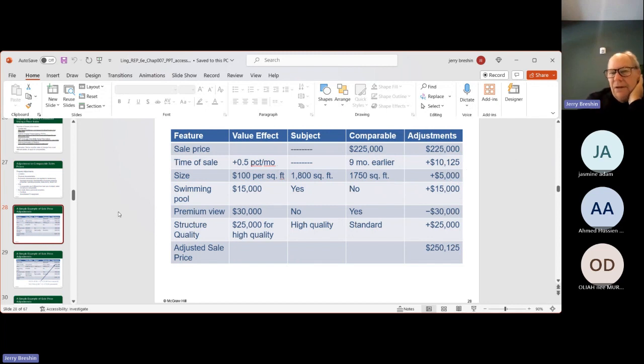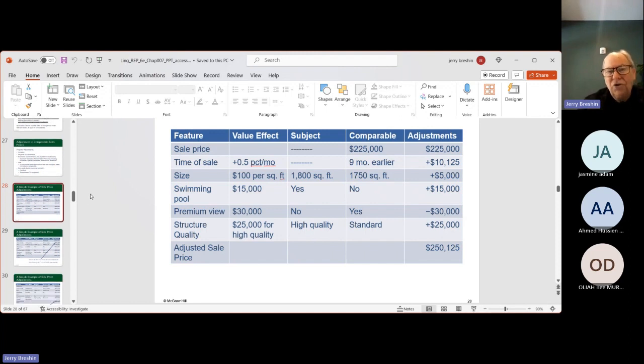Okay, this once again is attempting to demonstrate how homes have to be adjusted for changes in the home. Okay, they're talking about a swimming pool. The home has a pool as being compared to another home that doesn't have a swimming pool. So the appraiser is considering or valuing that as a $15,000 additional cost. Okay, this is looking at this from the perspective of an appraiser who's preparing a formal document.